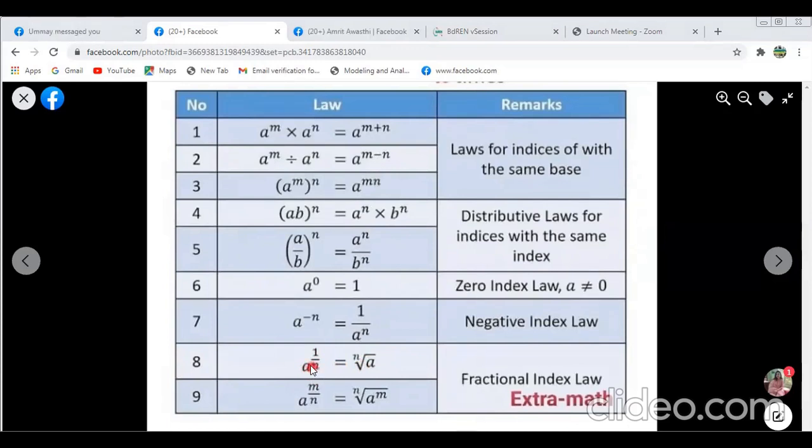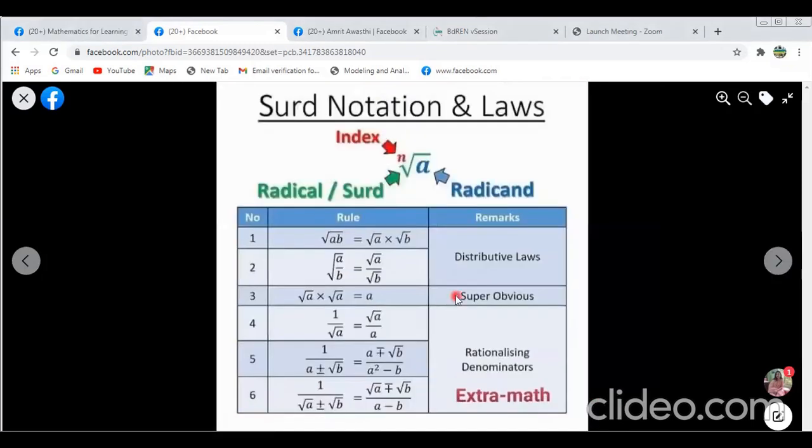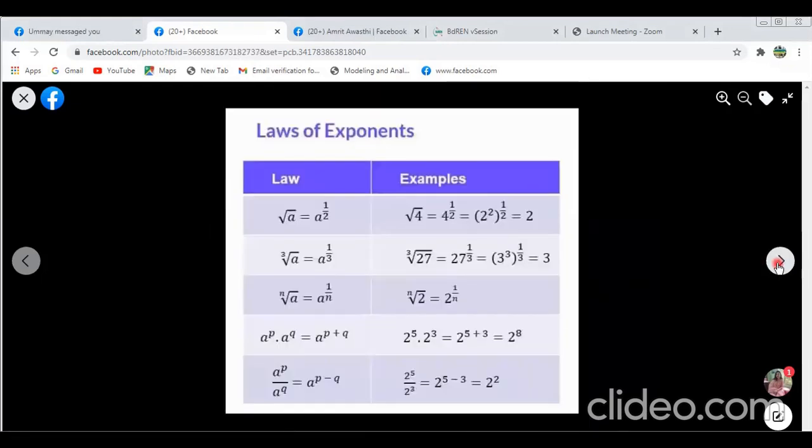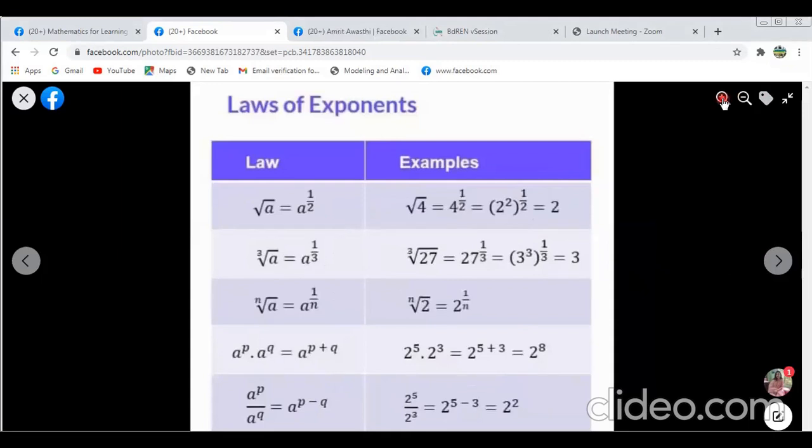So a to the power half can be written as square root. A to the power half means square root. A to the power 1 by 3 means cube root. A to the power 1 by 4 means fourth root. Remember it. This n may be any big expression, like p plus q or m minus p; any power will be made like this. So you are using the same formula, remember it. I have shown you in the previous class. This is the main formula for you.